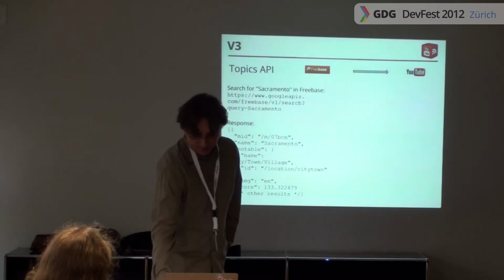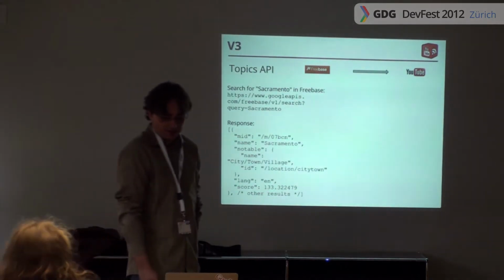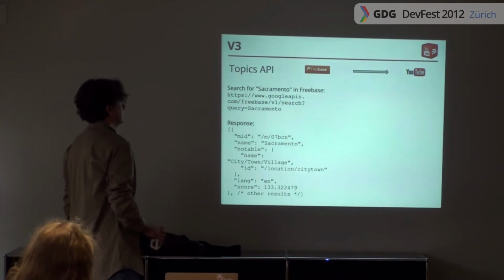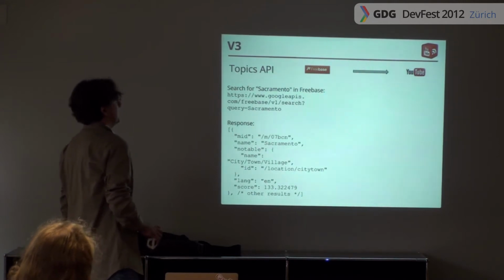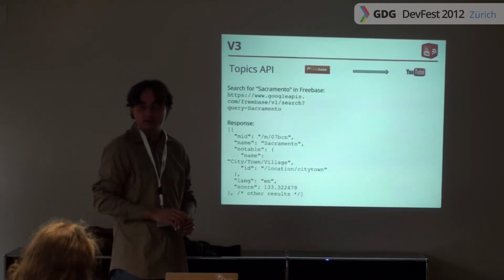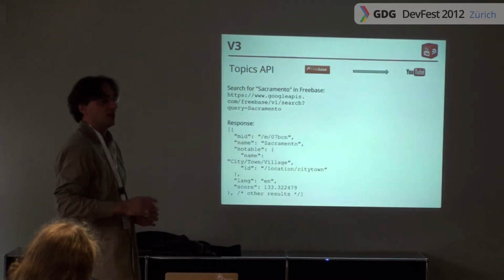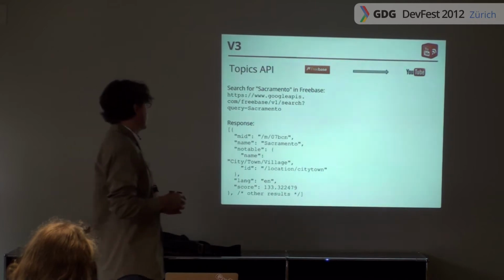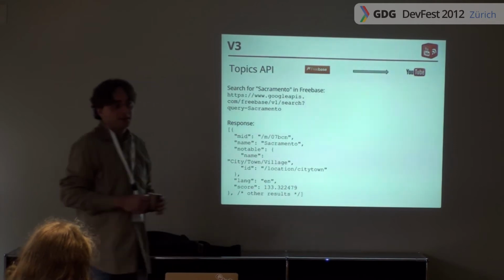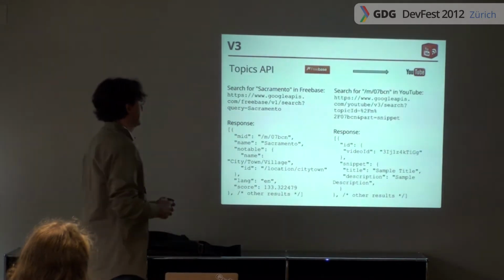So here's a small example of how that works. So if I make a request to get the Freebase ID for Sacramento, I'm going to get a set of results. Some of those results will be about the basketball club, some of the cities, some about high school, and many others, right? Then when I identify the one entity that I want, I'm going to get the ID for that entity. And the next thing that I can do, I can hook this entity into the YouTube search.